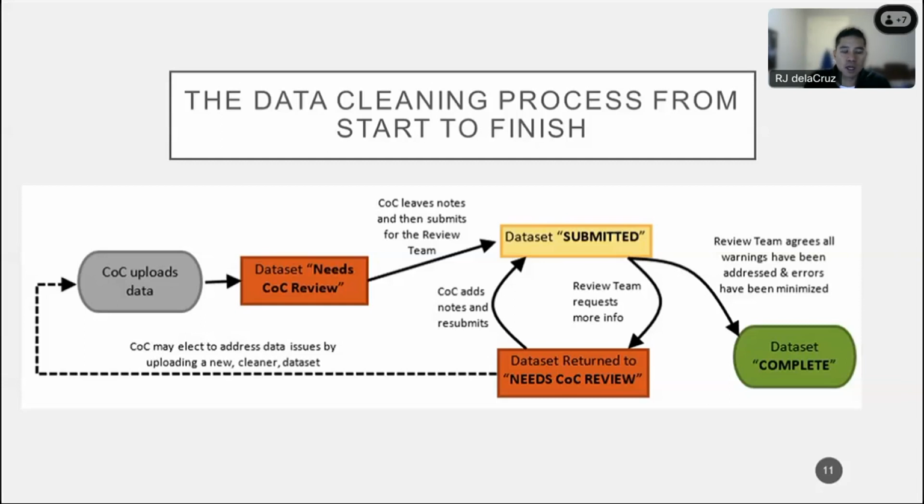From that point, our team, the review team, can review the input that you put in there, and we can mark it complete, but more likely it's going to go back to Needs COC review after we've had a chance to provide some feedback for you all. At that point, your team can review the feedback that we provided, add some more notes, and resubmit it back to us. And so it goes back to the yellow submitted status,